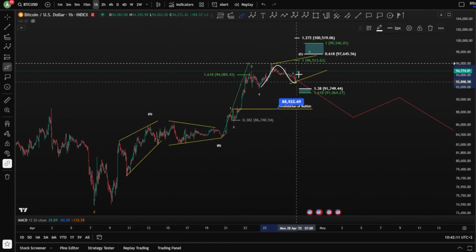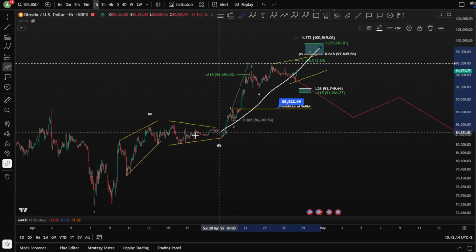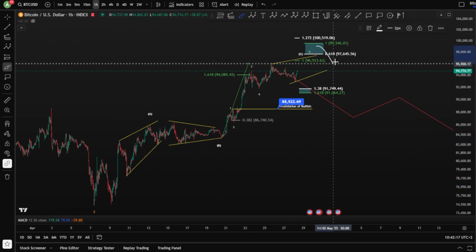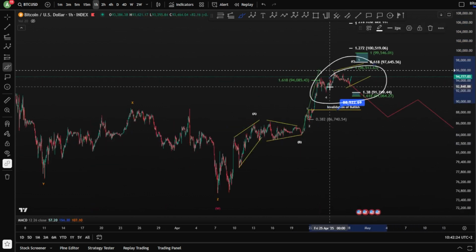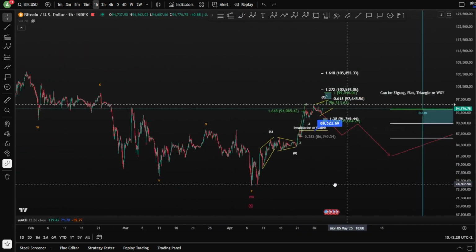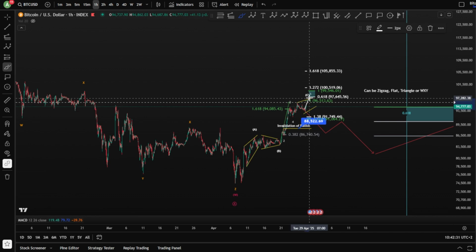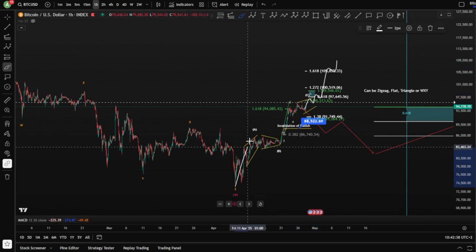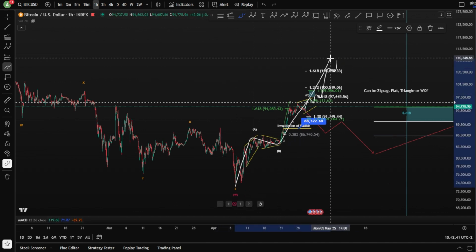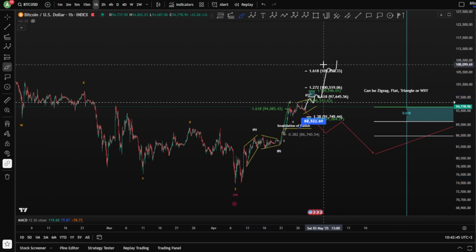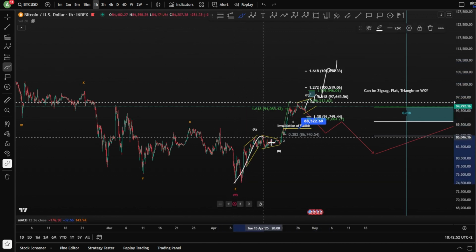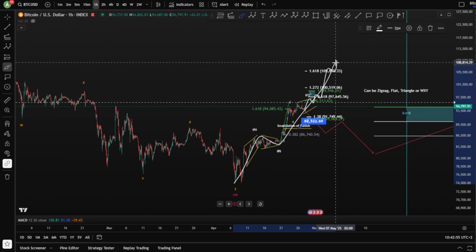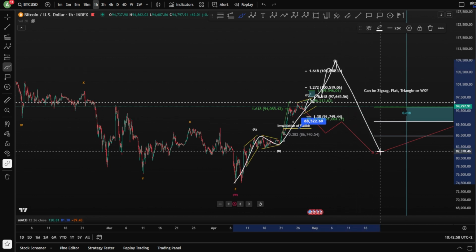In case we finish in an ending diagonal, it becomes a little bit longer, which gives higher potential for a wave 5 to be extended in this case here, for a wave C. So meaning if you get an extended wave 5 here as an ending diagonal wave 1, 2, 3, 4, and a 5, that means a wave 5 finishing an A, B, and a C. So you're still in an A, B, C even with an extended wave 5. You might like to consider it a bullish scenario, you can consider it. It's an uptrend at the end, but it's still corrective. Based on Elliott wave, this is still corrective with a wave C extended,